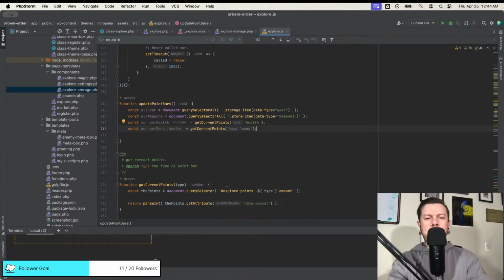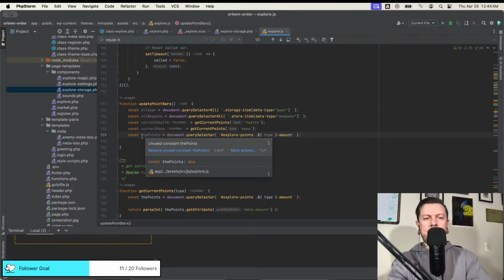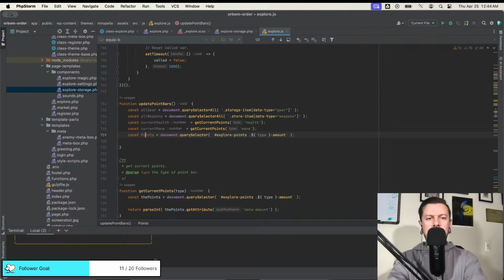But I am going to need to call these out too. So it's almost like I don't even need that. That's fine. The points. We'll just call it health bar and mana bar.